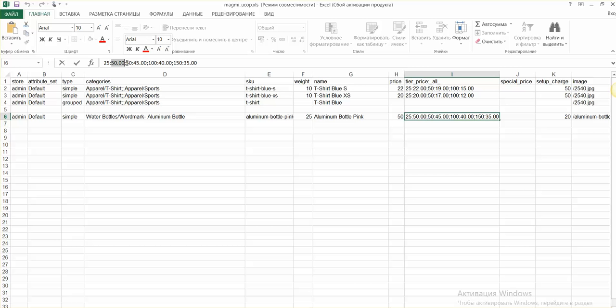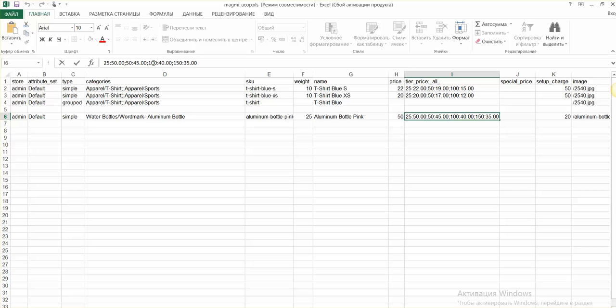Then we have the price for 50 items, and the price for this number of items is $45, the smaller price. Next price is $40, and is for 100 items